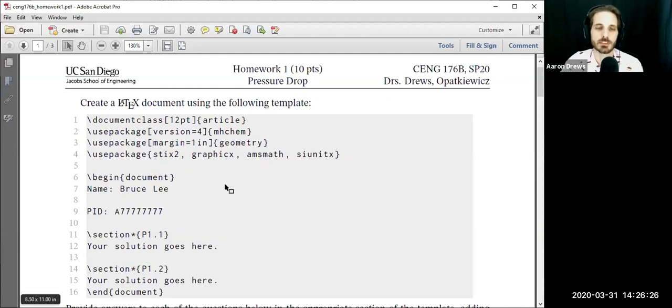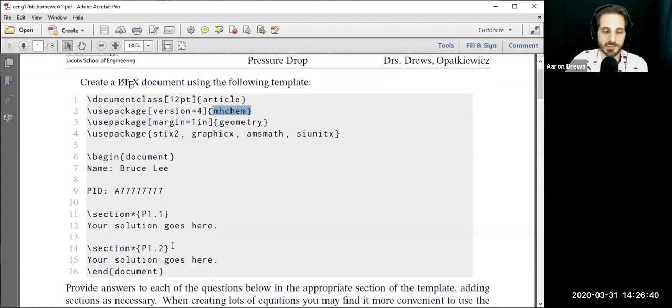I'll give you a brief little template up at the top. You just need the basics, right? Set the font, make sure that you can import an image, make sure you can use math, make sure you can use SI units, make sure you can use chemistry, enter some basic information, and then provide your answers wherever the solution goes.